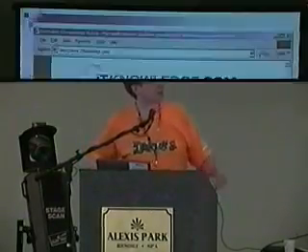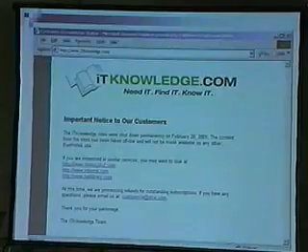IT Knowledge was owned by EarthWeb, who I believe is still around. Users had access to the entire library for free, and normal access costs $2.95. They sent me the email message for the second free account. I said, sure, I'll take it, and it just never expired. It was good until they went out of business. They never asked me for money. I never gave them any money. And this is IT Knowledge now, their important notice to their customers that they discontinued service.